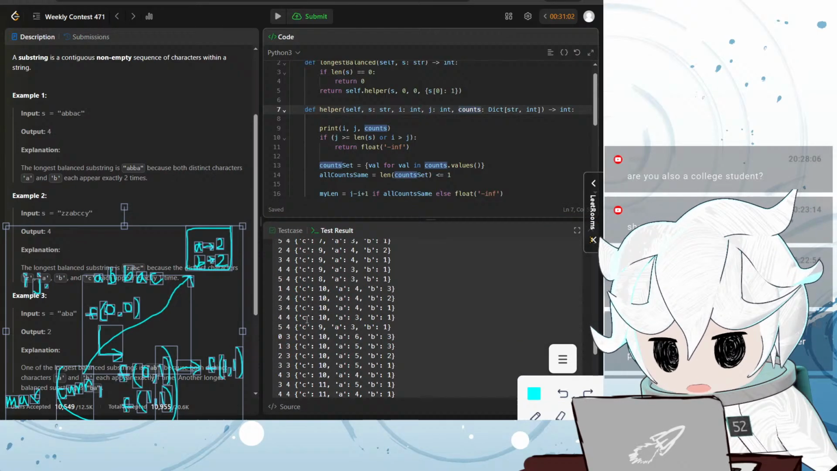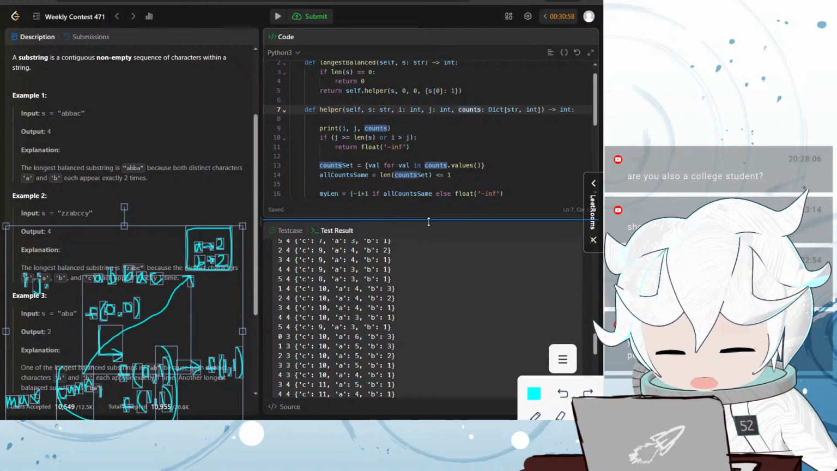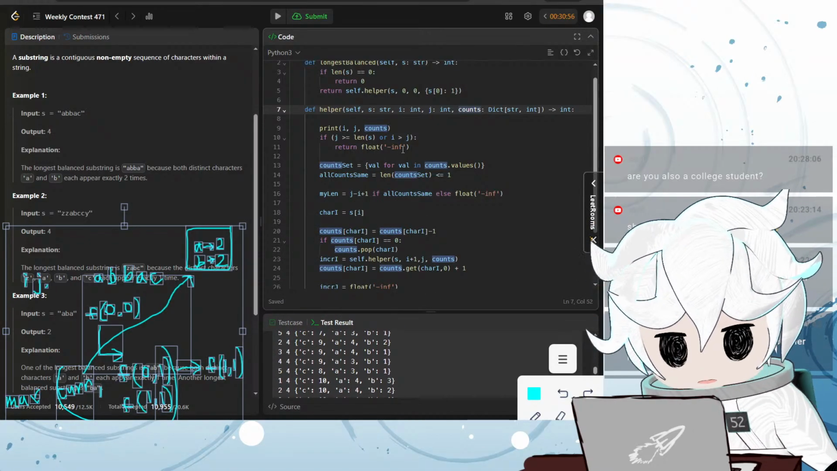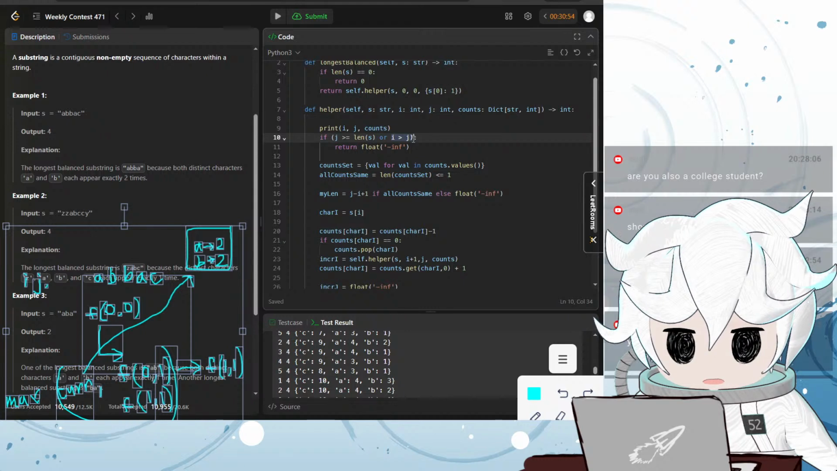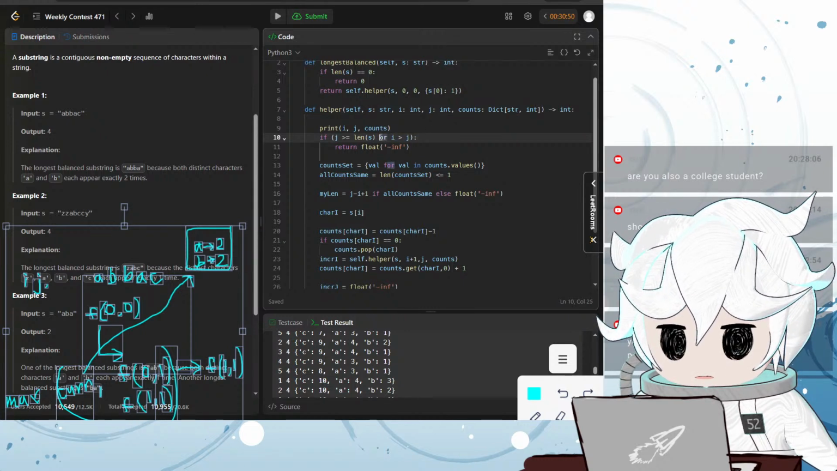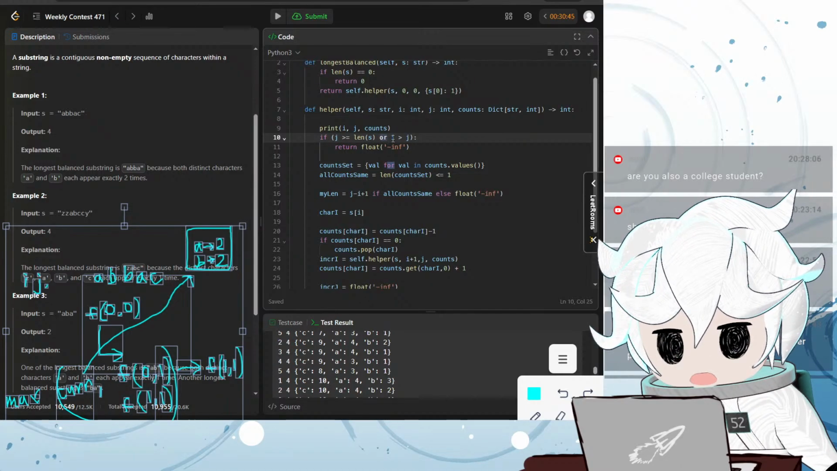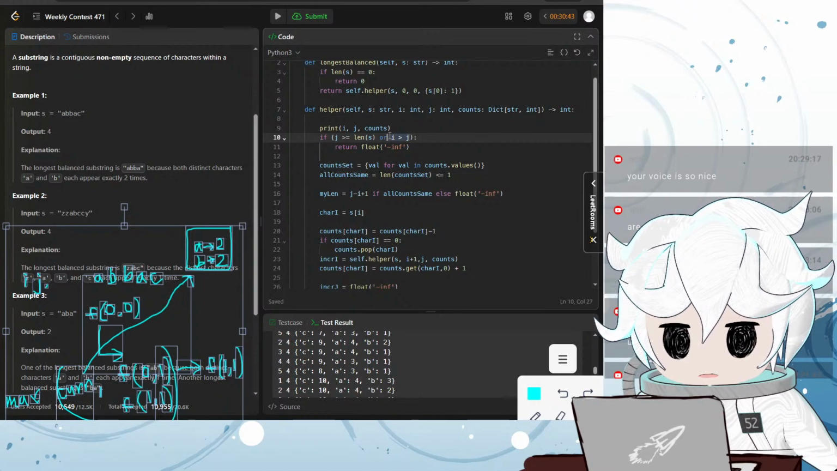Wait, why am I getting to these situations where I is straight up greater than j? I'm supposed to be not allowing that to happen, right? Like here. If j is greater than or equal to length of s, or I is greater than j, then you return float